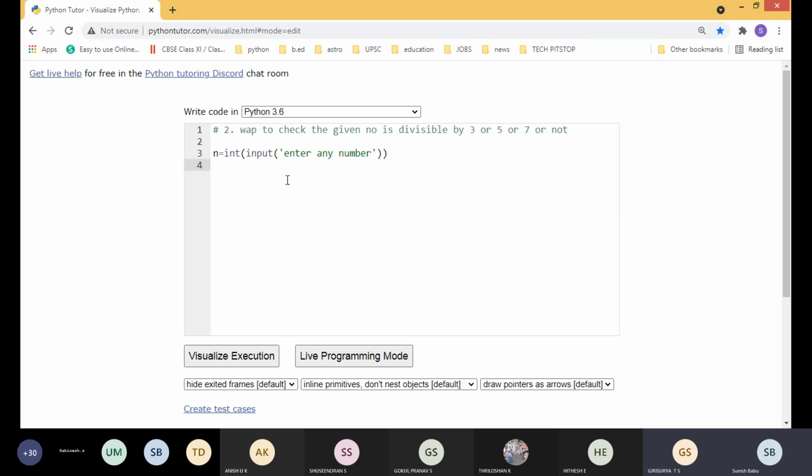So what is the condition? Sir, n modulo 3 equal to 0. Okay. So what is the meaning for this statement? n modulo 3 means what will be the solution?